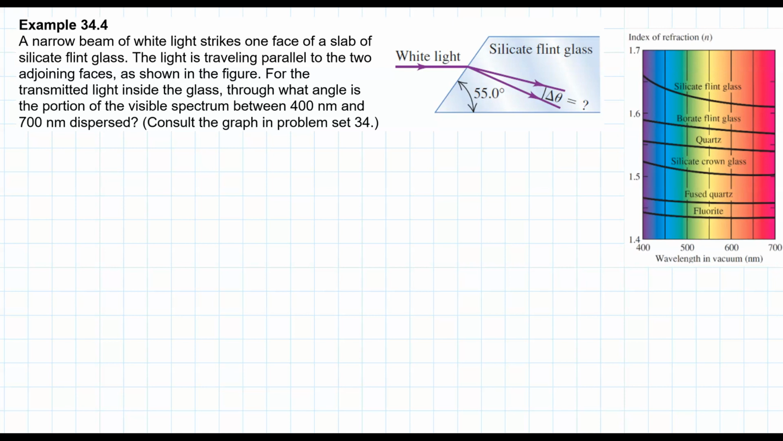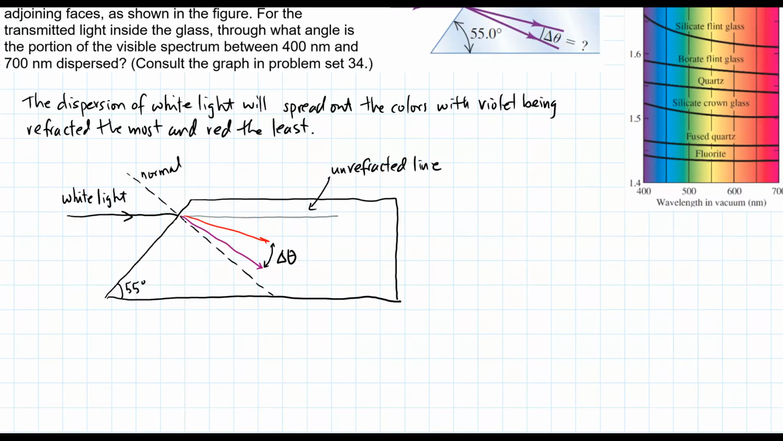Violet is refracted the most, red is refracted the least. Let's draw this in an image. Following the white light coming in, once it hits the surface, we have to pay attention to the normal. Relative to the normal, we have the unrefracted line of light, but then violet is going to be refracted the most, red is going to be refracted the least. It is this difference in angle that we're actually trying to calculate. So this angle difference is given by